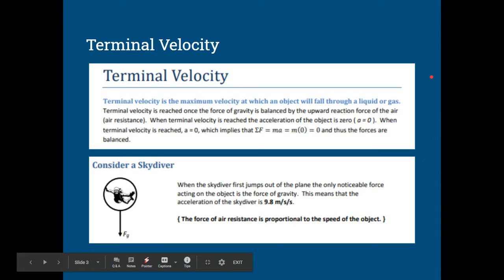So on the download that you got, it has a sheet, and you're just going to look at the sheet and highlight any key points. So it says here what terminal velocity is. Terminal velocity is reached once the force of gravity is balanced with the upward reaction force of the air. So as you're falling through the air or through the fluid, whatever the case may be, the object is pushing against that fluid or that gas. And if it pushes against it, there's an upward force of that gas or that fluid on the object. Newton's third law: the forces are equal and opposite,